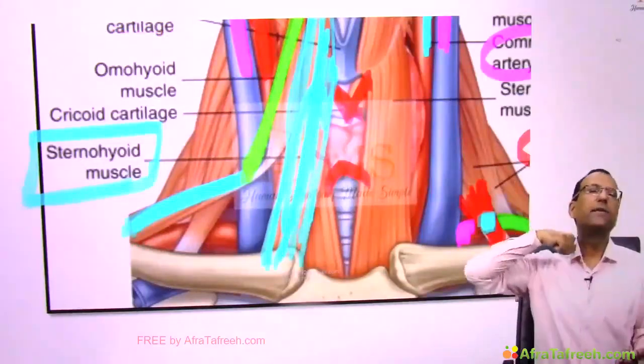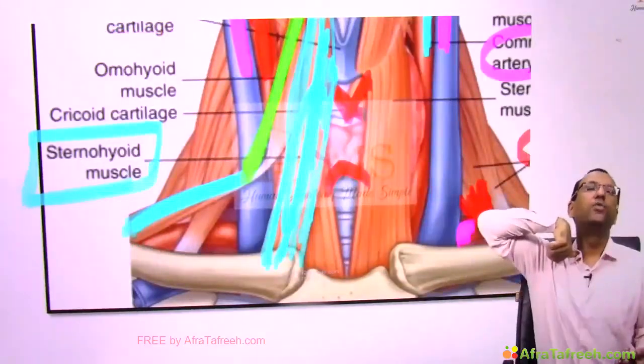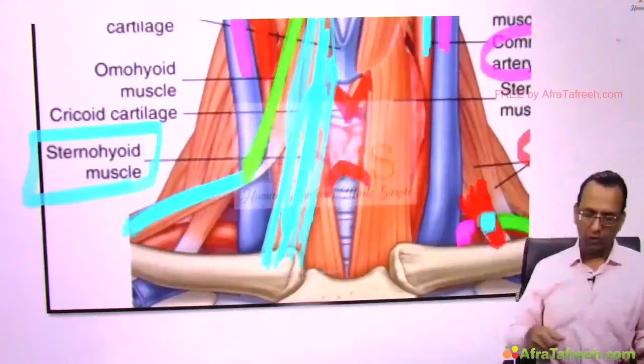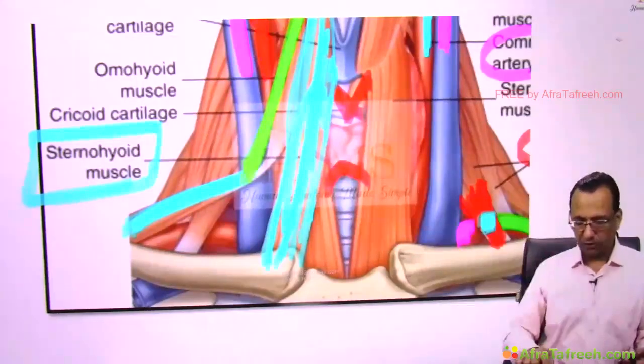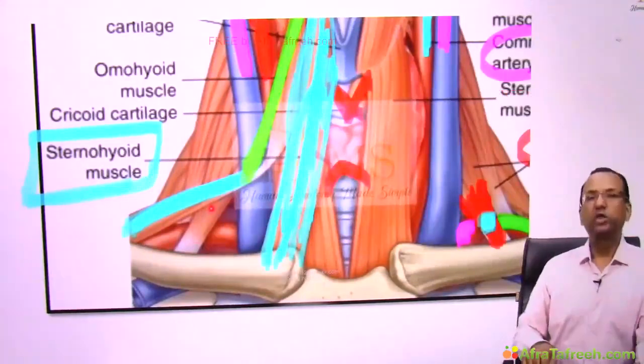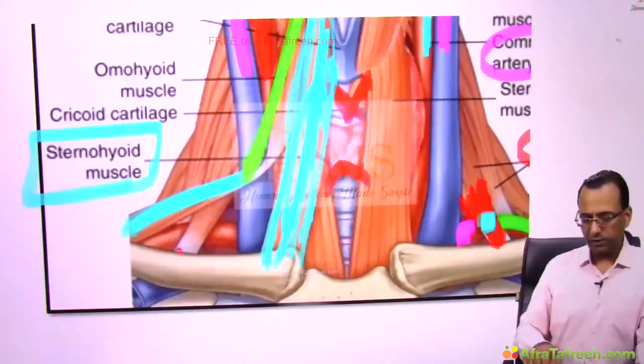Take the thumb and compress the third part of the subclavian artery on the first rib. It was running on the first rib. So where should the thumb go? Lateral to the scalenus anterior muscle. Your thumb should go lateral to this muscle, which is the scalenus anterior, and block here